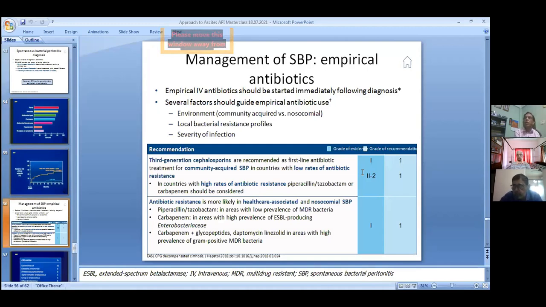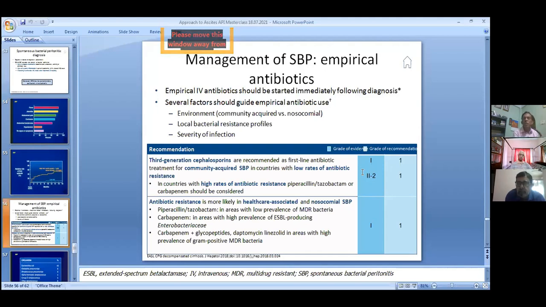And sometimes you have to start the treatment from the emergency if you suspect a case of spontaneous bacterial peritonitis in a case of cirrhosis. If it is a community acquired infection, the third generation cephalosporin is the drug of choice. But if it is a hospital acquired infection, then you have to think of piperacillin tazobactam or even carbapenem, where there is a high prevalence of ESBL producing